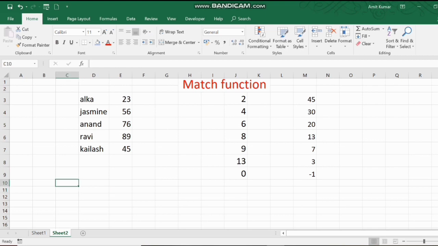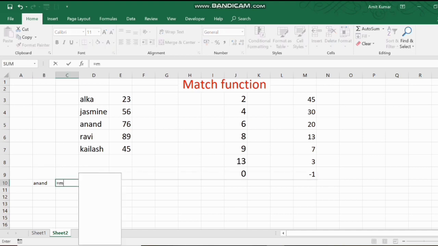Okay, basically now I'm going to first test match type 0. Now suppose I have to find the position of Anand. How could we do it? Equal to MATCH, bracket open, lookup value. What is our lookup value?